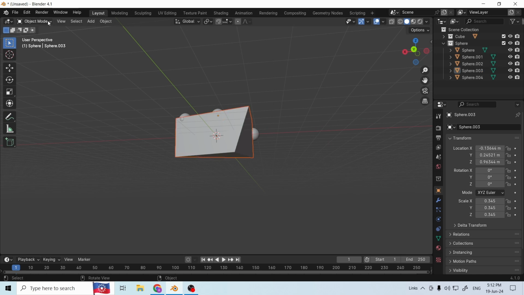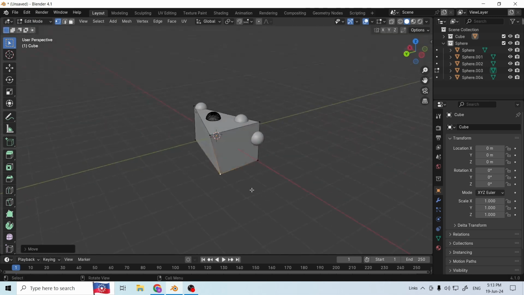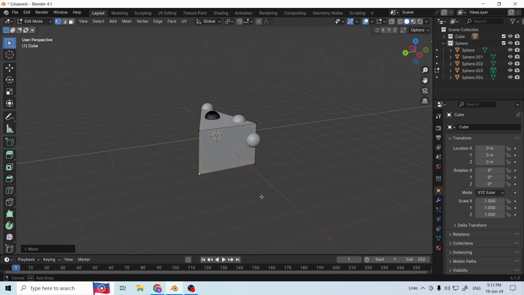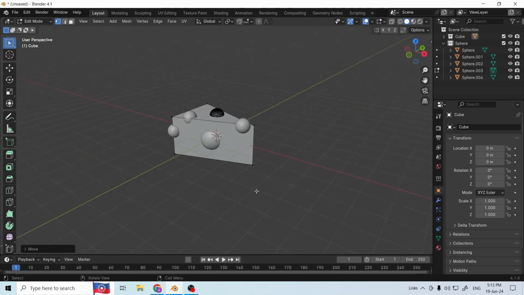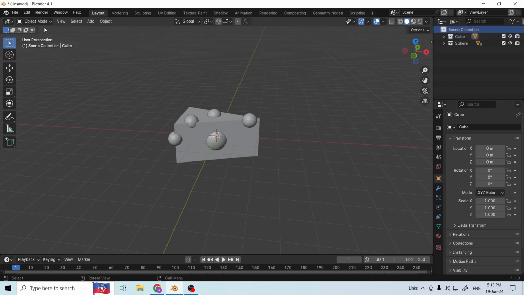Okay, keep the vertices here, and G, move it slightly a bit here because it's out of shape, and G to move it, straighten it up. Okay, now we have a cube and a sphere collection. Cube collection, sphere collection. Now go to object mode